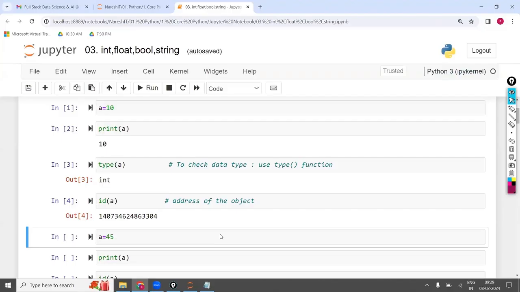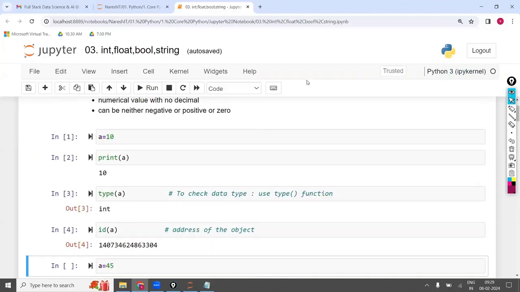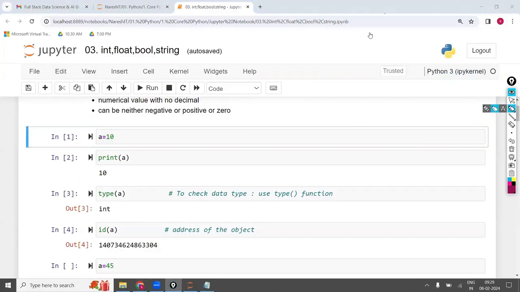Here, I have created A is equal to 10. Now tell me, guys, what is the object of A? Int object. Does the int object come under mutable or immutable? Immutable.